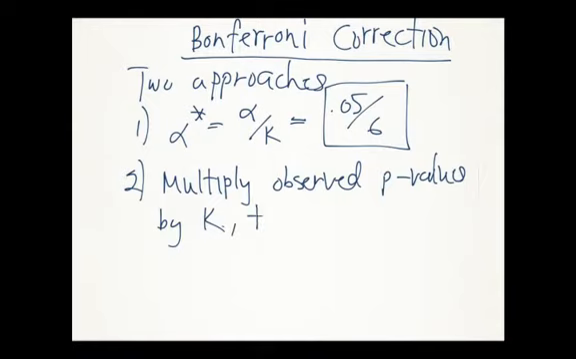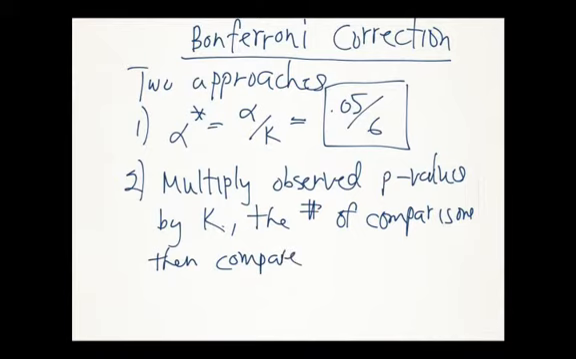By k, the number of comparisons. Okay? And then compare to 0.05. So hopefully you see why these two approaches are exactly the same. In this one approach, we take the 0.05 and divide by the number of tests. In the other approach, we just multiply the actual p-values by the number of tests and then compare it to the same 0.05. So if we got a p-value, here's an example,